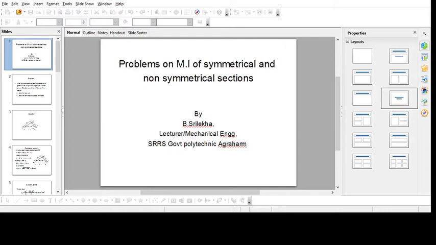It is given that a triangular section of sides 100, 80 and 60 is placed in such a way that the longest side is on the ground. It means your base is 100 mm. Now you need to calculate the second moment of inertia, which means the first moment of inertia multiplied again by the distance. That is your second moment of inertia about the base and about the centroidal axis parallel to the base. It means along the x-axis you need to find.